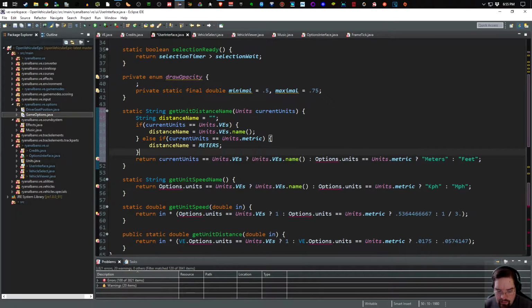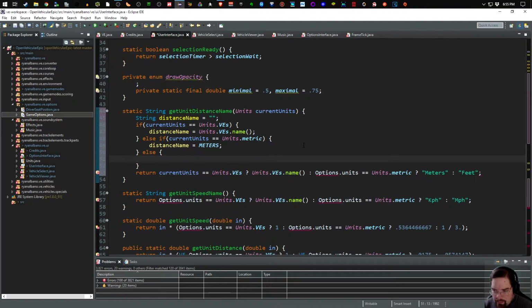Yeah, and then otherwise it equals feet, but honestly, I don't like the way they have this set up. So I'm going to actually change this. Yeah, you know what? I'm going to change this. I'm going to make this less complicated than this. I'm going to say,